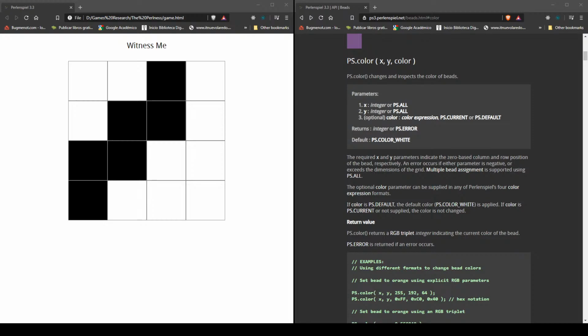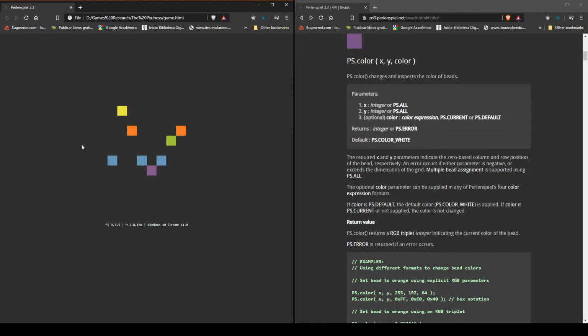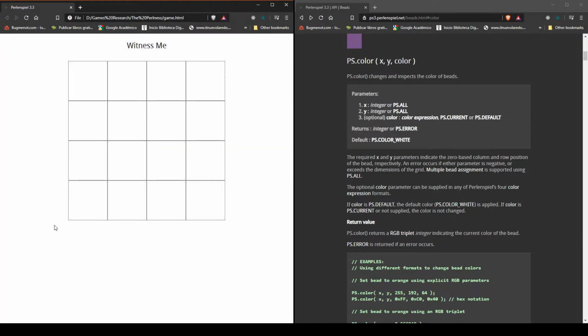So I just realized that we may want to have a bigger grid. So we need, let's reset this. So if we want to do a puzzle like the ones in The Witness, we need some kind of